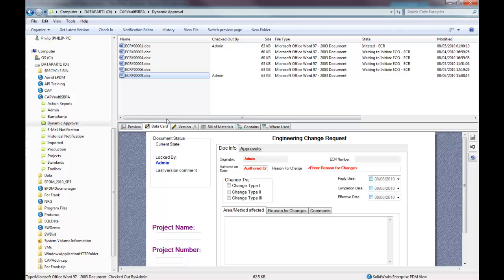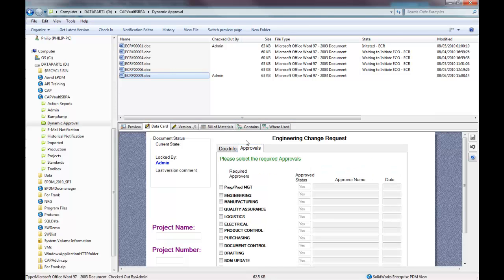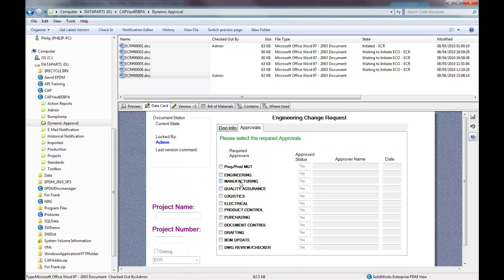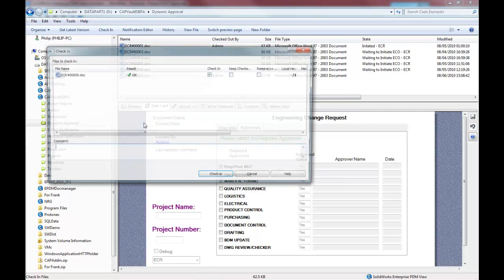And you can see in my data card now for this particular document, I have this tab here for approvals. In this approvals box, you can see up to 12 different departments that I can select from. In this particular case, I'm going to select the project and product managers, the engineer, some person in the engineering group, and some person in manufacturing all need to approve this engineering change request. I'm going to go ahead and save this, check it in,